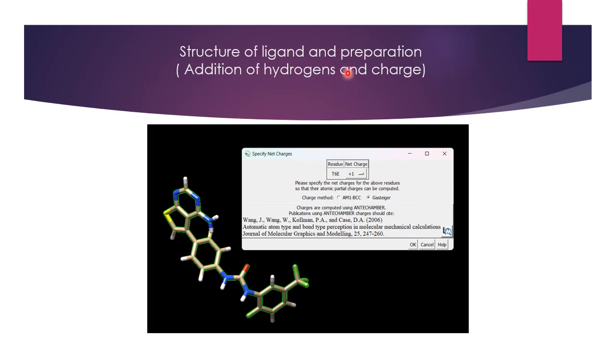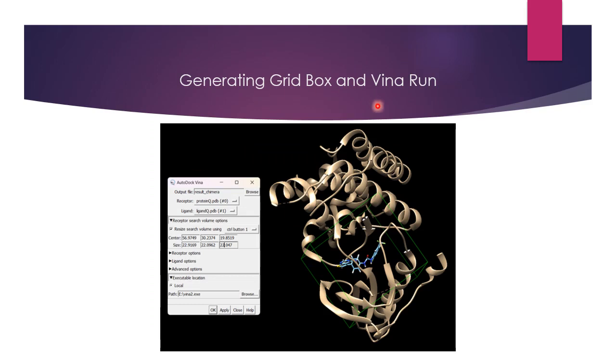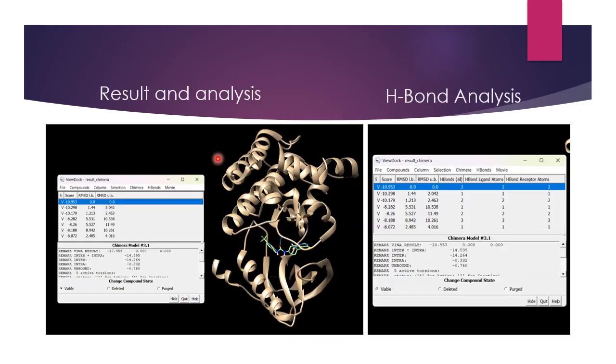Then in this I also did preparation for ligand. This was one extra thing I did in this demonstration. So this is adding Gasteiger charges to the ligand. Then I performed AutoDock Vina, and I took this grid. You can see the grid preparation here. Then this is the result. So this is the basic scores and RMSD lower bound, upper bound, and this is the hydrogen bond analysis of